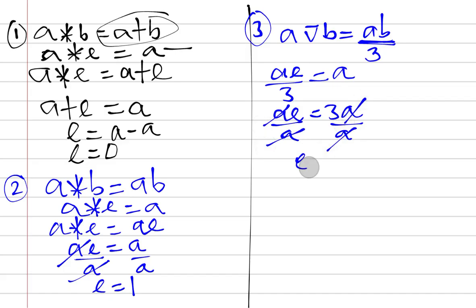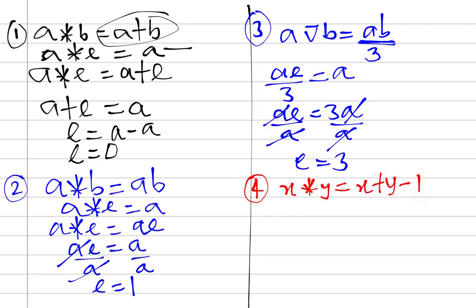That means your identity here is what now? 3. Are you seeing that? You can see that this is a very simple example. Consider it a very simple example. Look at number 4. Number 4 says that what? X star Y. It says X star Y is equal to what? X plus Y